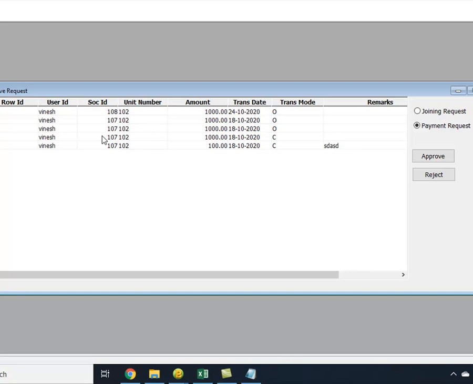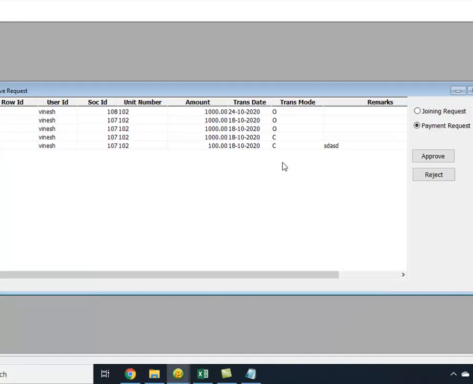Amit wants to see and sort those transactions at this column, and Anuj wants to sort on this column. Somebody wants to sort on another column.